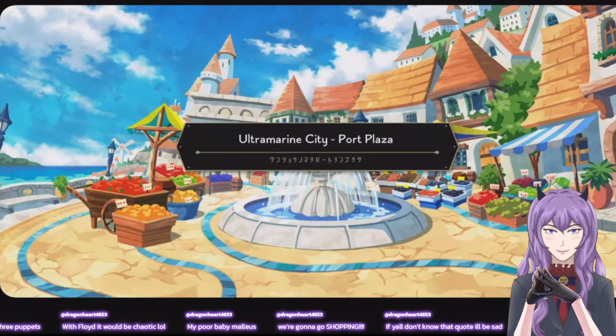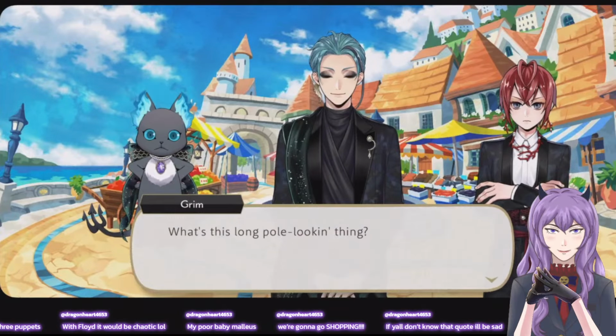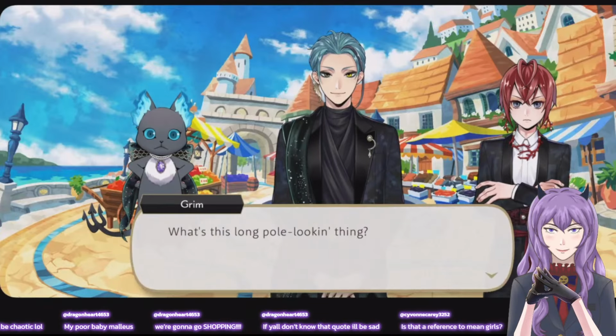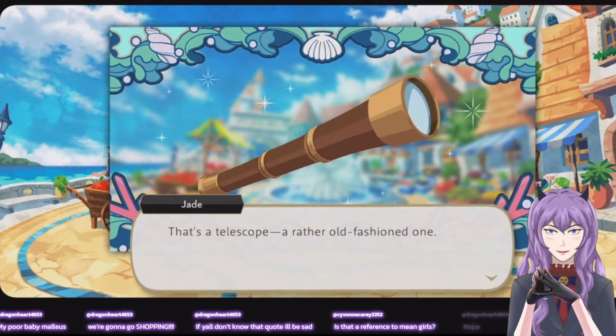You own several pairs. Pairs of shoes? What? Long pole. Oh, a telescope. Fashion.